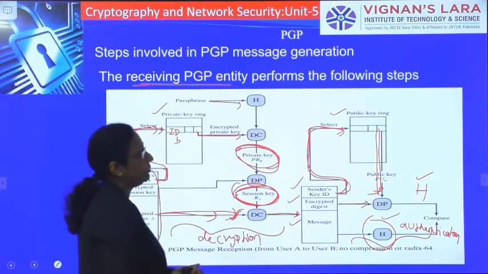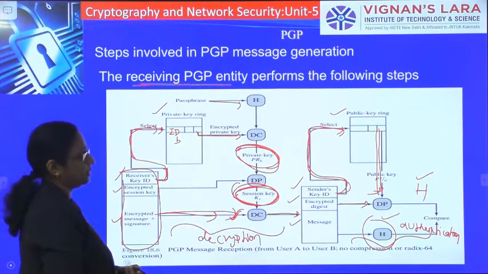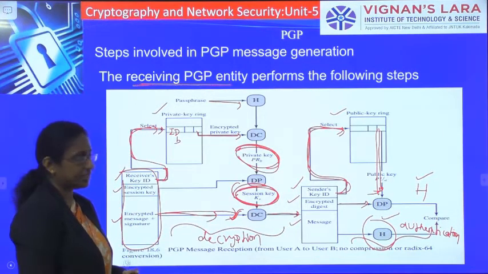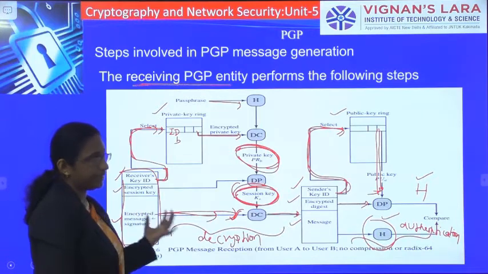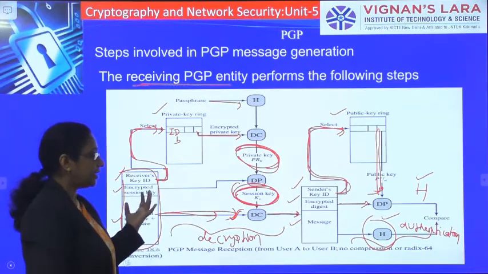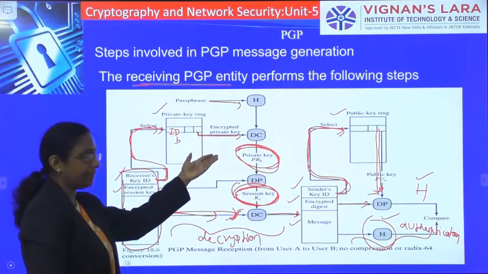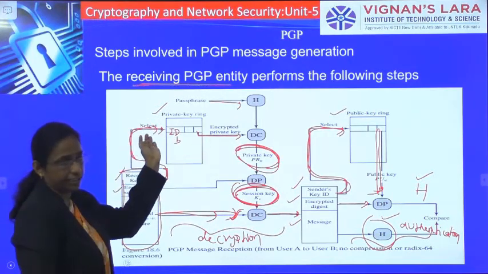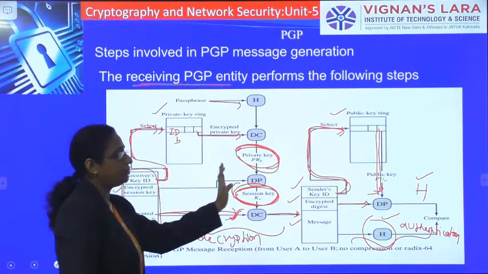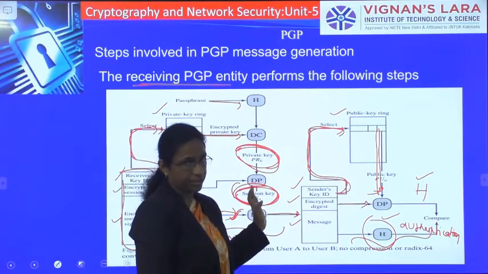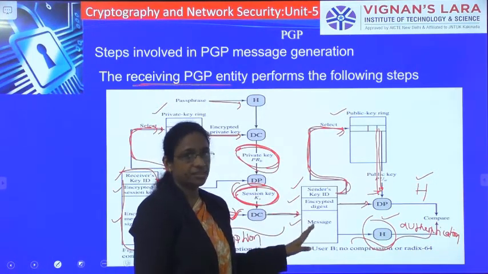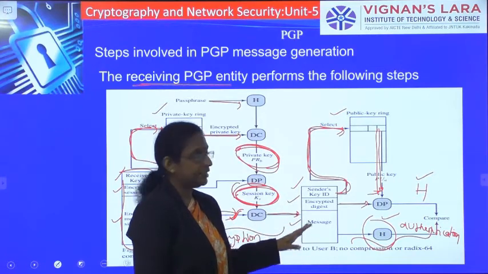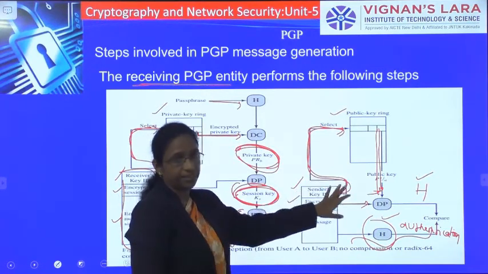So that is about the steps performed at the receiving side, where first we decrypt the message. For decrypting that message we require a private key, and that private key we take from the private key ring. Then we have to do the authentication. After decryption, the message has to be authenticated. For authentication, we require the public key.